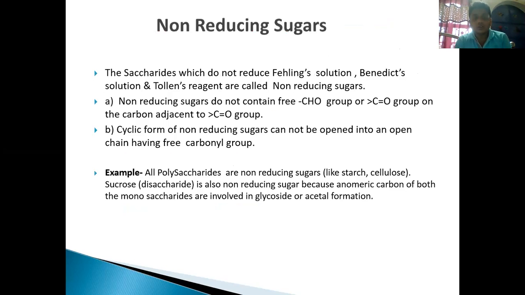Now, non-reducing sugars. The saccharides which do not contain any free aldehyde or ketone groups are called non-reducing sugars, and these sugars do not react with Fehling's solution, Benedict's solution, and Tollens' reagent. The cyclic form of non-reducing sugars cannot be opened up into an open chain having free carbonyl groups. All polysaccharides are non-reducing sugars, like starch and cellulose, and one of the most important examples is sucrose, a